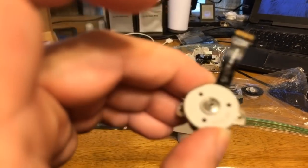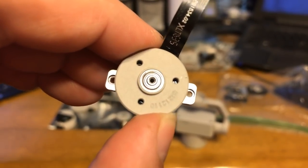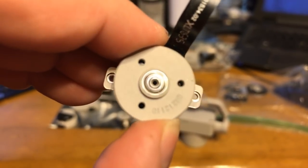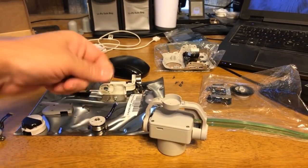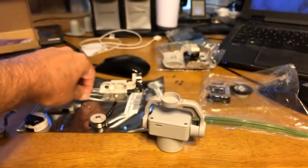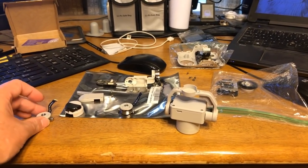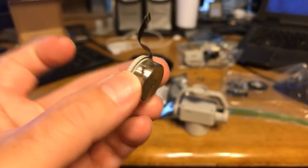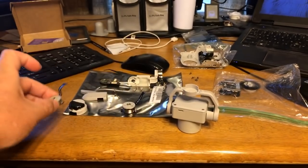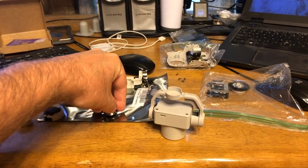And obviously, I'm going to try to get a photograph taken to send to them to show them that there's actually a screw hole on the original. And I even have the screw that's supposed to go in there to hold that thing in place, which will prevent the motor from separating, so that the camera doesn't just fall off. Obviously in this case, because there is no screw there, I guess I'll go ahead and do this,